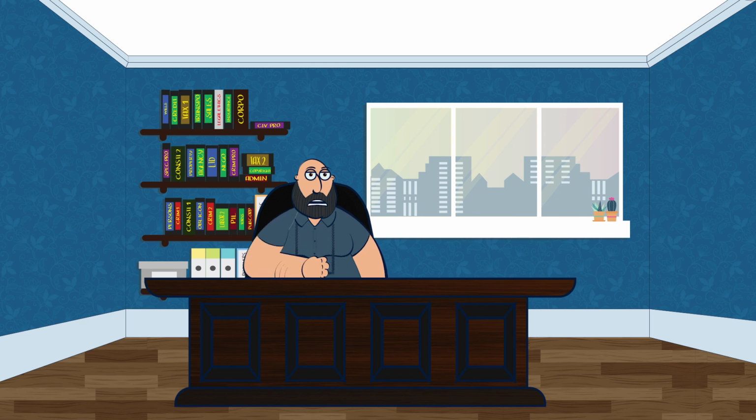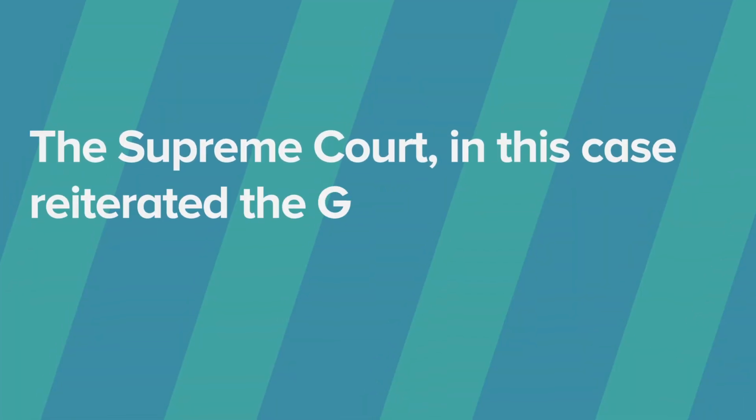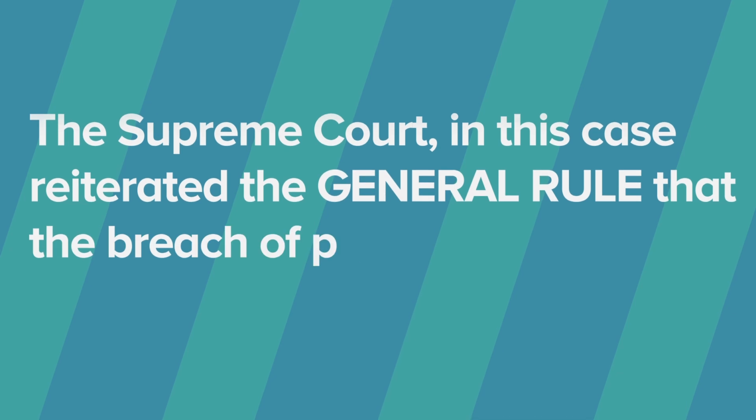The lower court ruled in favor of Marilu on the strength of Article 21 of the Civil Code. It concluded that Marilu would not have given herself had it not been for the promise of marriage made by Gashem. That Gashem deflowered her and that Gashem violated Filipino customs and morals by turning back on the promise of marriage, kahit pa may preparations na ring nagawa ang pamilya ni Marilu. The Supreme Court in this case reiterated the general rule that the breach of promise to marry is not an